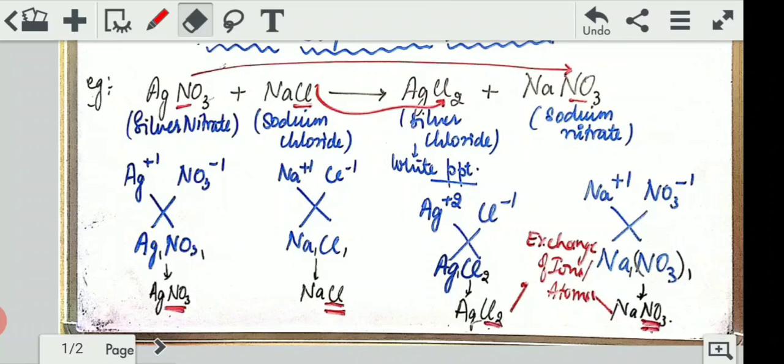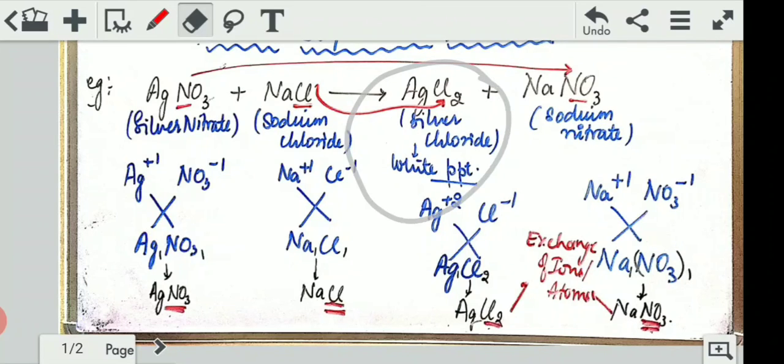And why do you think this happens? They were happy with their own compounds, right? With their own elements. Silver had already bonded with nitrate. So why did it come and bond with chlorine? That is the question. This happens because their atoms tend to go and join with the atoms of the other element. Thus, when this tendency arises, it leads to the breaking of present bonds and the formation of new bonds due to the rearranging of atoms. Thus, silver combines with chlorine and sodium combines with nitrate.